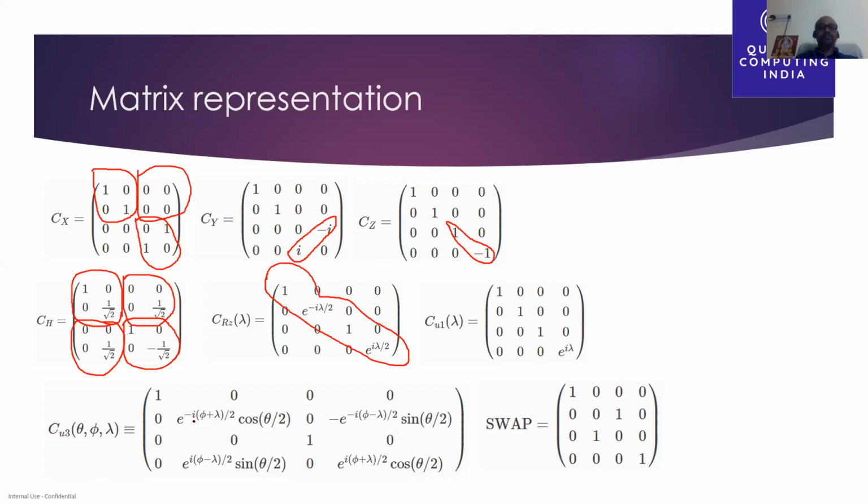And this is the killer. Even though it is a 4 by 4 matrix, it looks very big because it is a rotation along with the conditional. That's why. And there is a very useful operation called swap, which will swap the qubits 1 to 0, 0 to 1, or 0 ket to 1 ket, 1 ket to 0 ket.